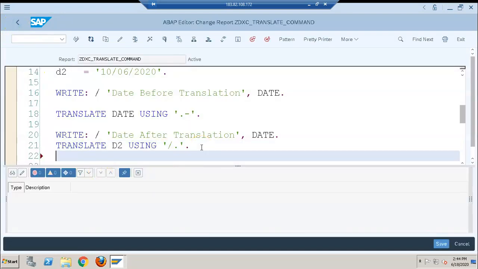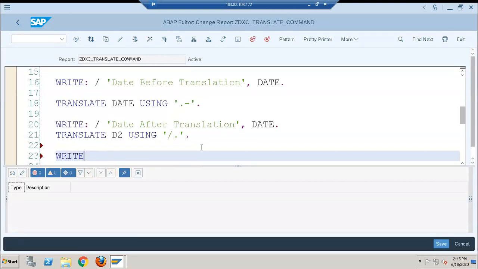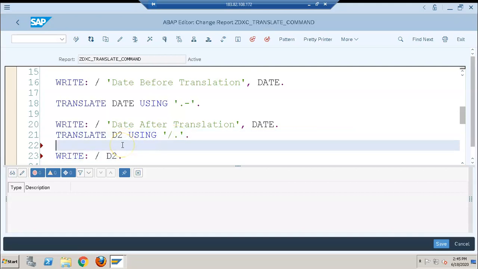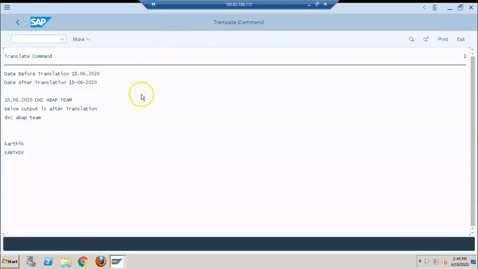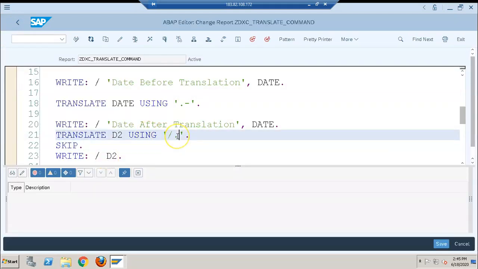So I need to go for write D2. 10/6/2020. This is changed as dot. Okay. Now we want it to be something like colon. Now we'll go for colon.